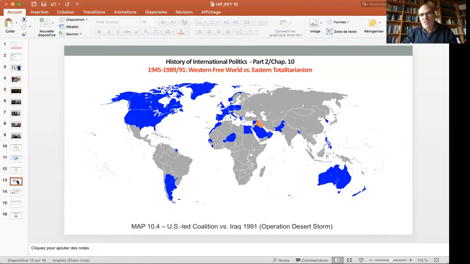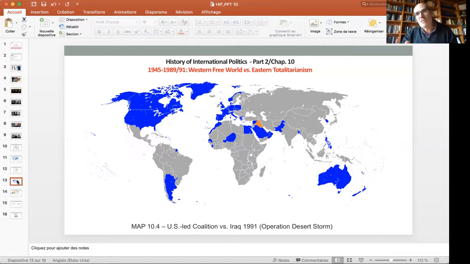Very concretely, what did they do? They created international institutions where only Western liberal democracies were members. The IMF, the World Bank, and of course the North Atlantic Treaty Organization. So the worldwide pluralist international society was complemented, but also challenged to some extent, by a regional solidarist Western society, a Western liberal democratic regional society.